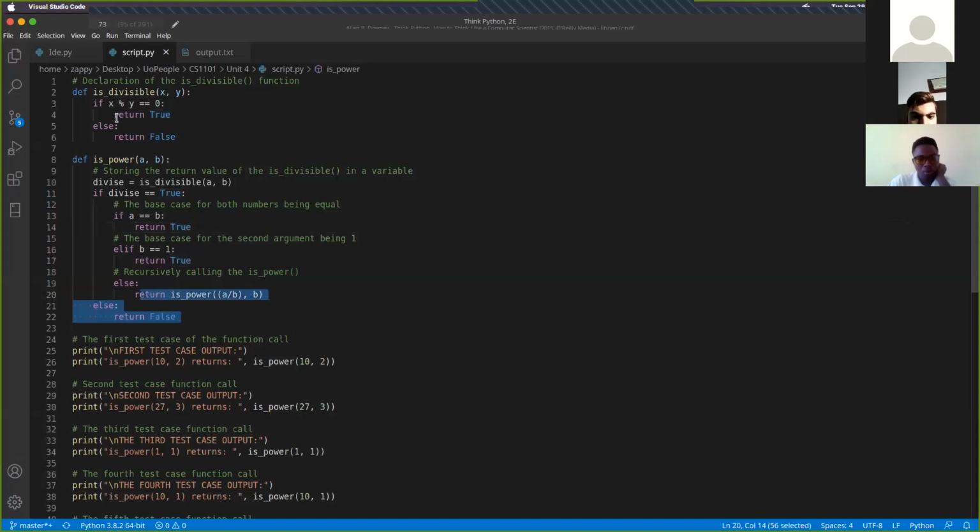I have that is divisible, all right. And over here, first I check for the divisibility if it is true. So if the divisibility is equal to true, then before I go ahead and check,